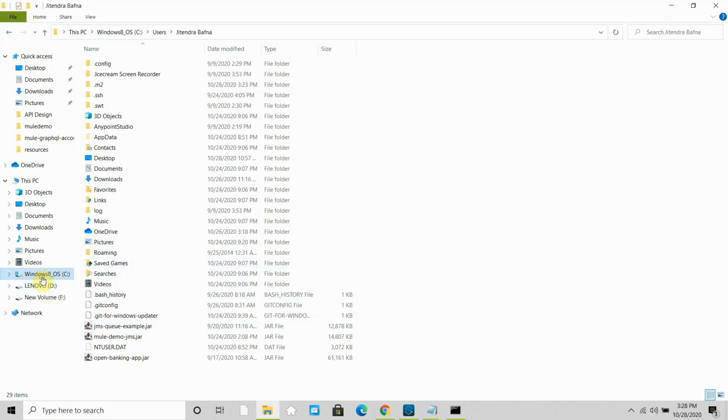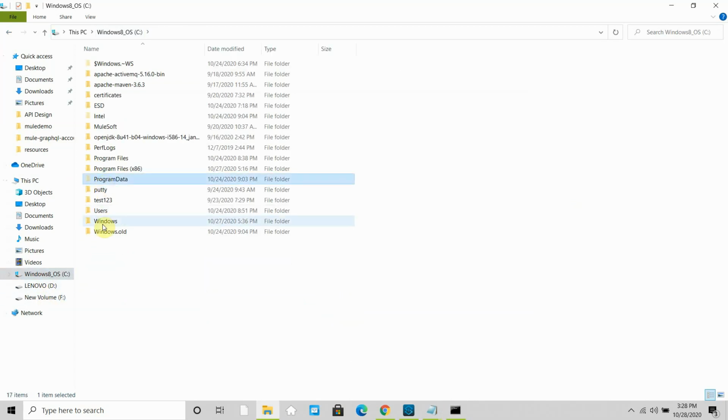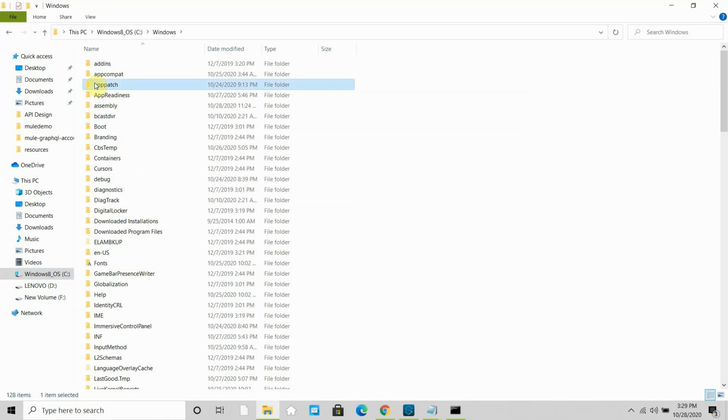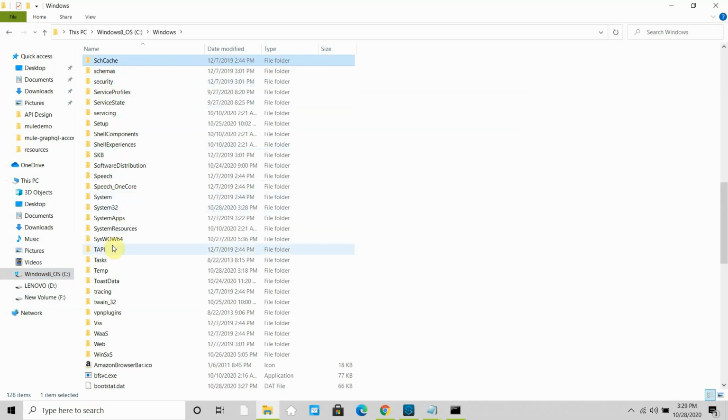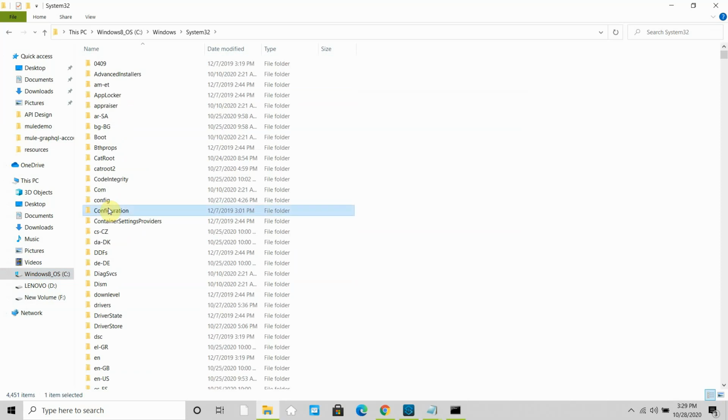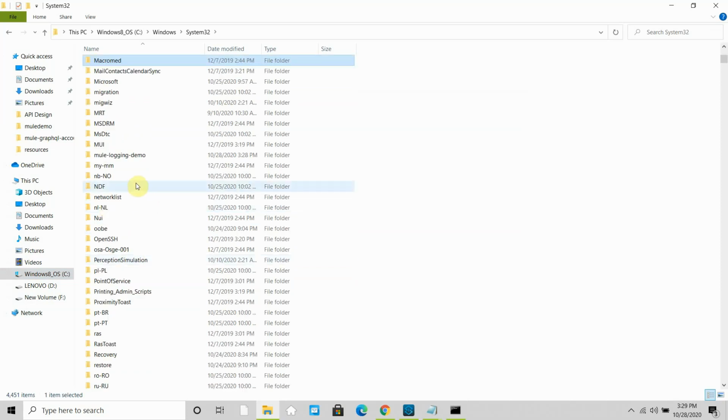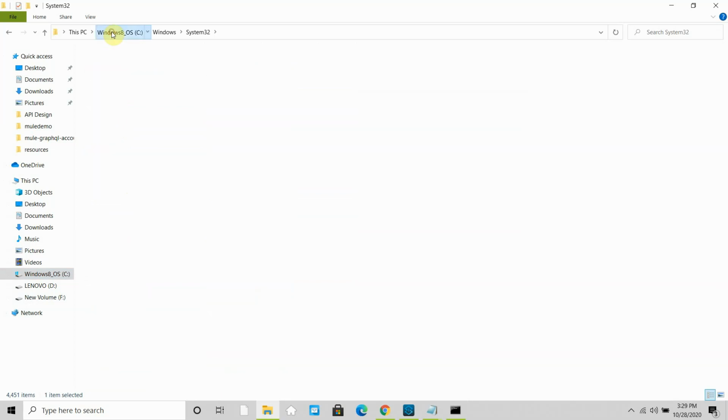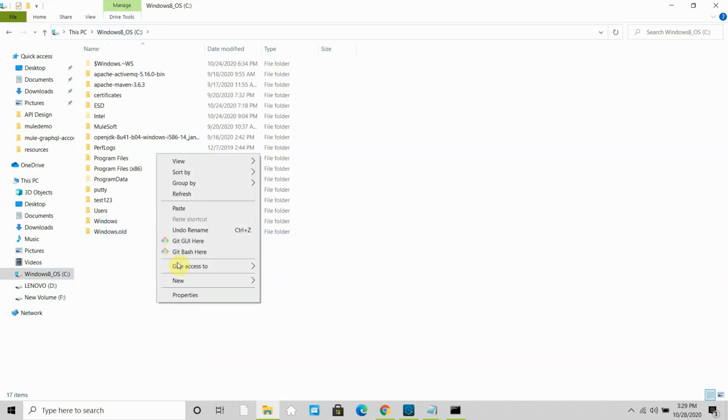Might be in the System32 Windows. Yeah, it's generated here. So you can always change the path. I will copy this project from here, and I will paste it somewhere here.